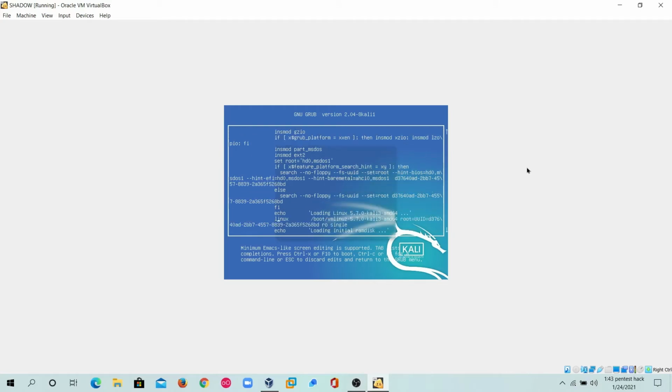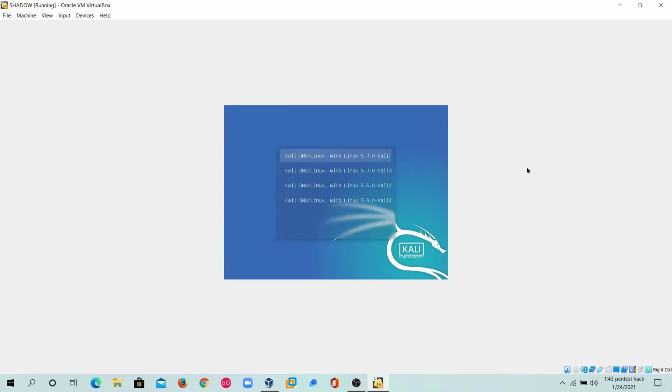After getting the Linux parameter, as you can see the indicator on the screen, you have to make some changes here. By making these changes, you can successfully bypass your Kali password. Change ro to rw, and then enter init=/bin/bash. After this, as mentioned below, press Ctrl+X or F10 to boot.